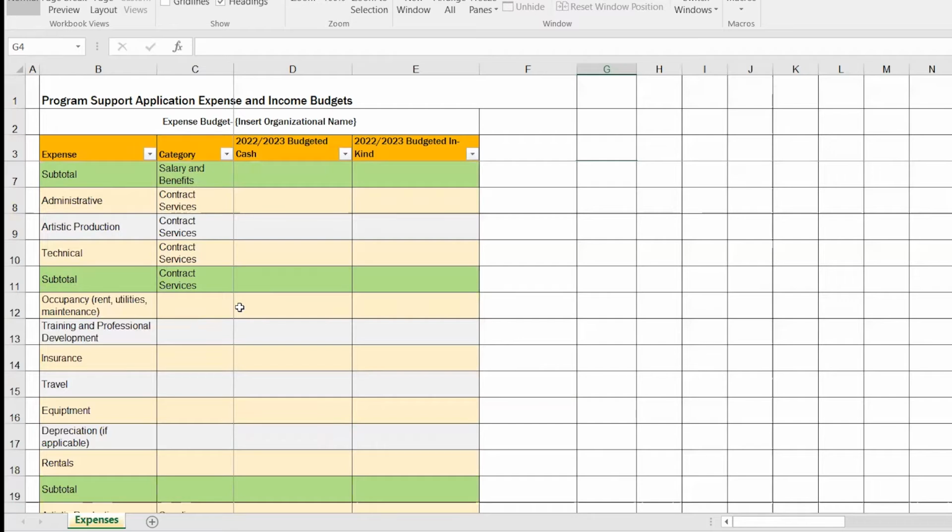So again, be detailed, look big picture, make sure we're capturing both our direct and our indirect programmatic cost. Make sure you get the input of your entire team, so we're relying on their expertise, their experience, their knowledge of the program to make sure this is, again, as realistic and complete as possible. And then use that detailed spreadsheet that you're creating to summarize that and pull in those totals into this